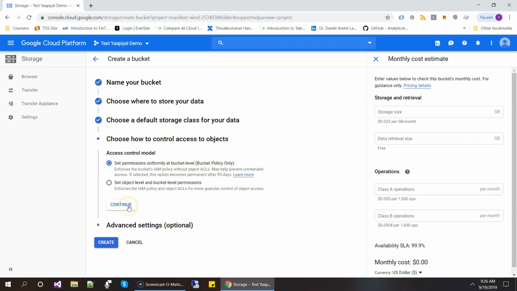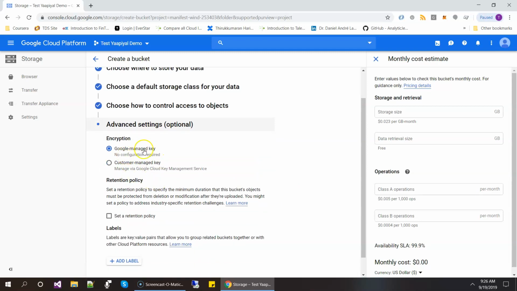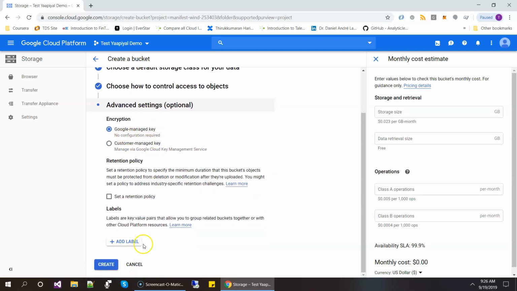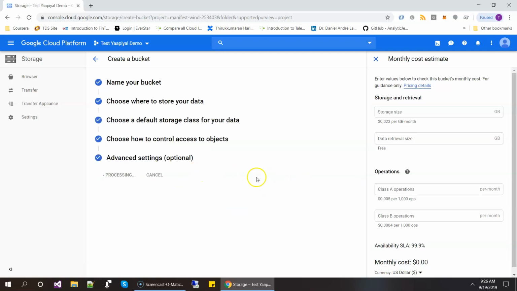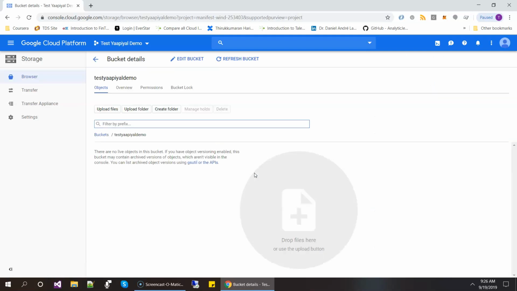But if you are storing files from multiple users and other things in the organization, you may need to set up permissions at a different level. Here, just leave it at the default Google-managed key. If you want to label anything, you can add a label and click create. It will create a bucket. Now we have created a bucket called test Yaapiyal demo, and in that I'm going to create